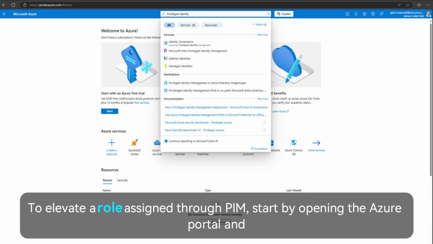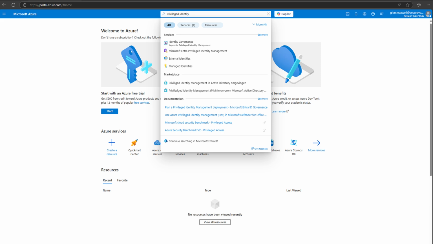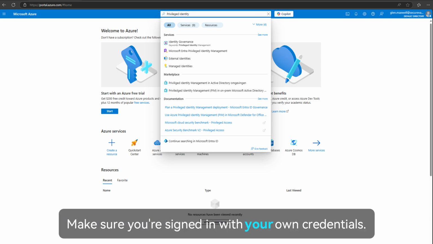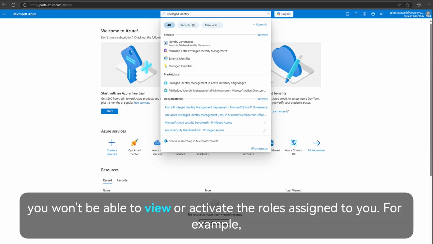To elevate a role assigned through PIM, start by opening the Azure portal and searching for Microsoft Entra Privileged Identity Management. Make sure you're signed in with your own credentials. This is important, because if you're not logged in as yourself, you won't be able to view or activate the